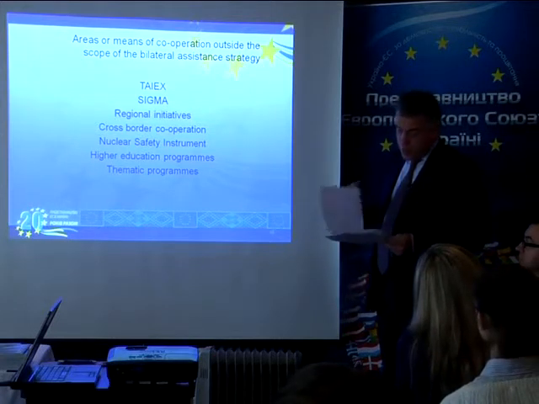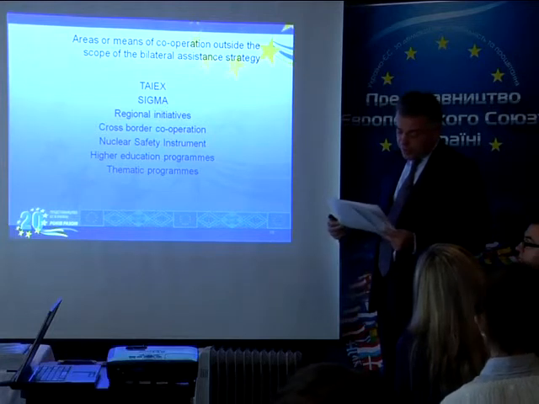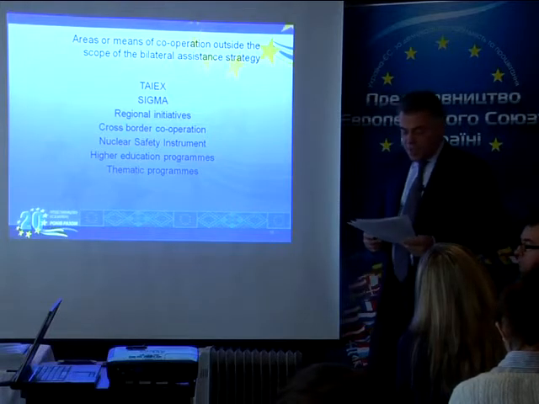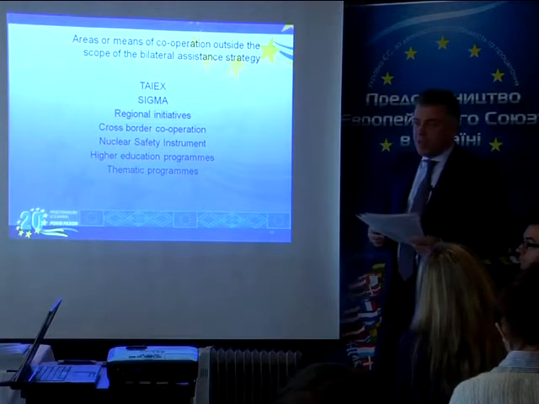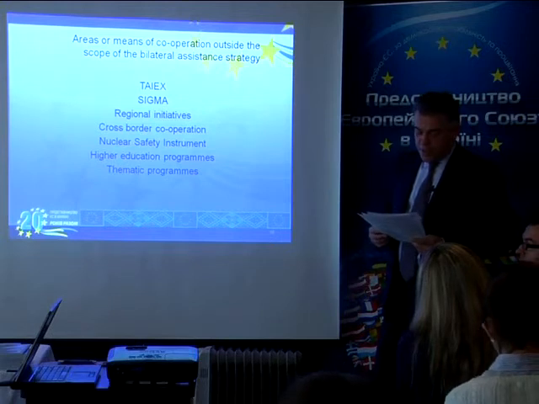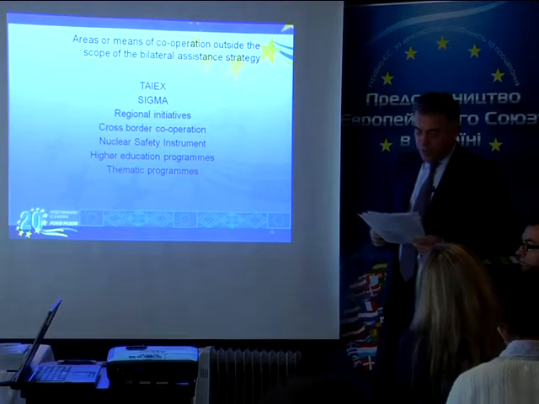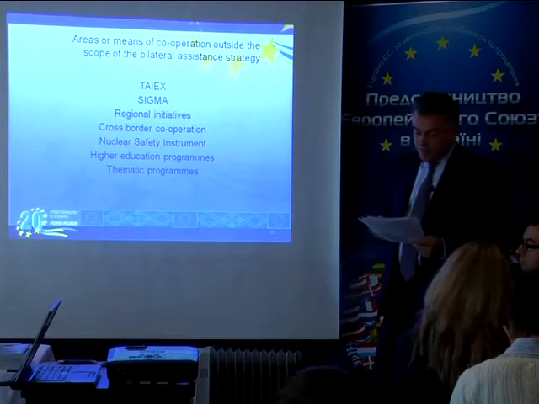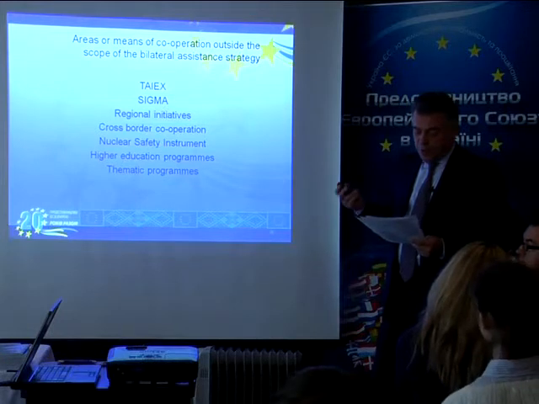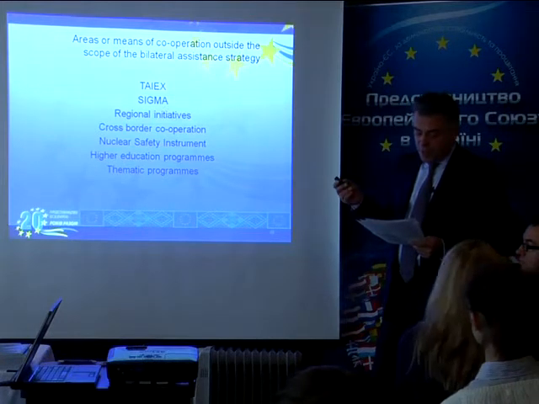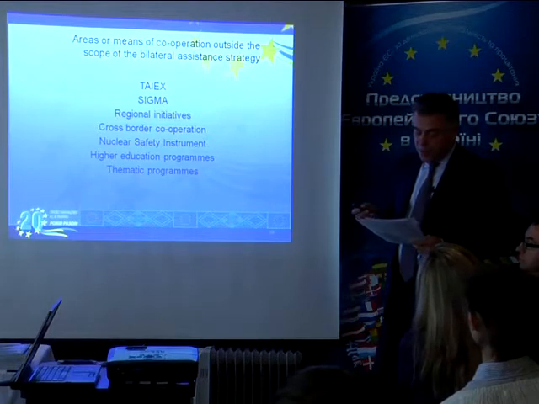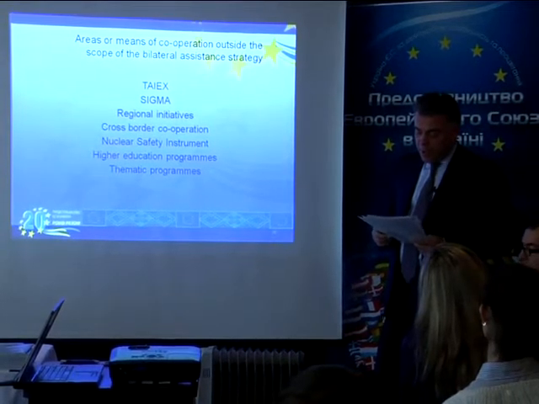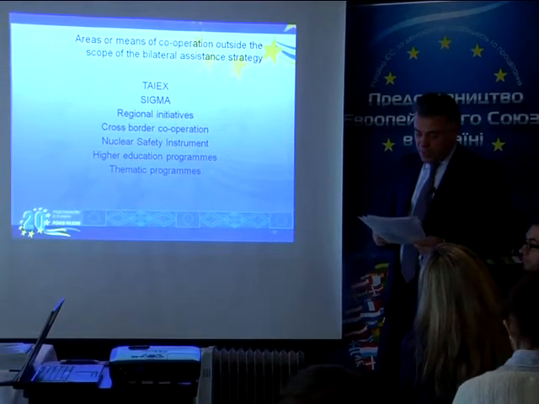And then there is cross-border cooperation, which has 4 overarching aims. It's supposed to promote economic and social development in border areas and the work between countries together to address common challenges. And Ukraine currently benefits from 4 such programs. One together with Poland and Belarus, one with Hungary, Slovakia and Romania, and another one with Romania, Ukraine, Moldova and